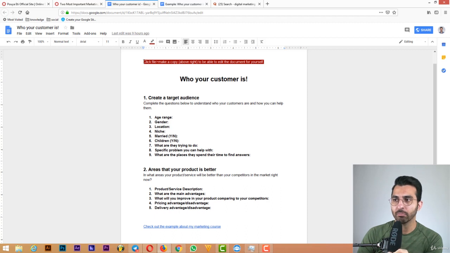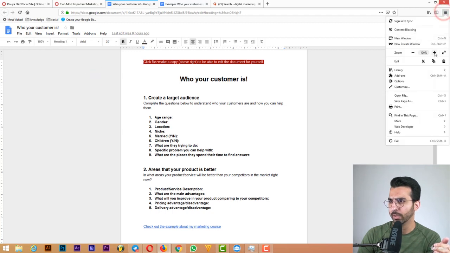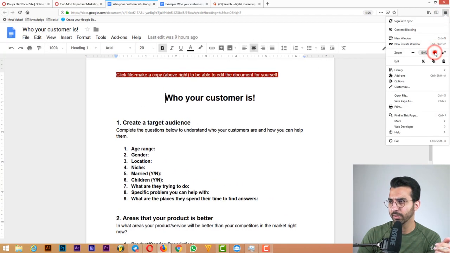What you have to do, I wrote it down at the top here. You have to come here, click on File, click on Make a Copy. Then you will create a copy just for yourself, and then you can edit it. You can write whatever you want in it. You can add more questions, etc. Let me make it bigger for you so everything looks